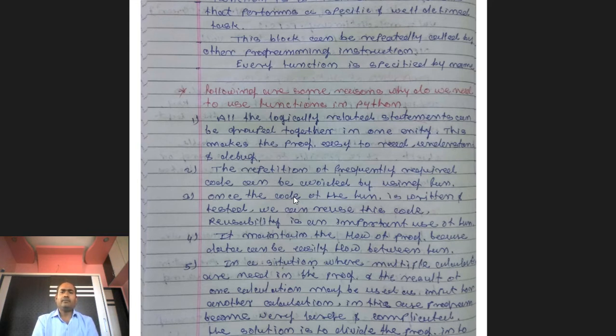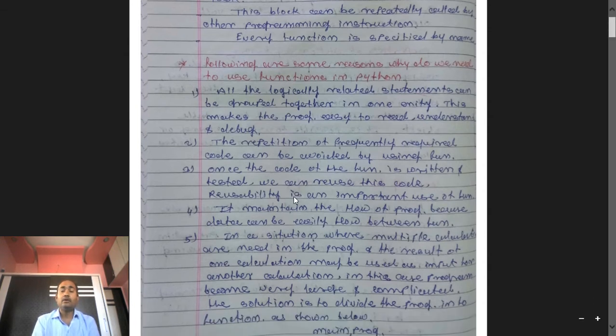Then repetition of frequently required code can be avoided by using functions. Suppose there is a set of instructions that are required in a number of places in a single program. We just write this particular code in a single place, and after that, whenever that code is required, you just call that function. So there is no need to write that set of instructions each and every time. Just call that function by its name, with no need to write the number of lines or codes in each and every place of the program.